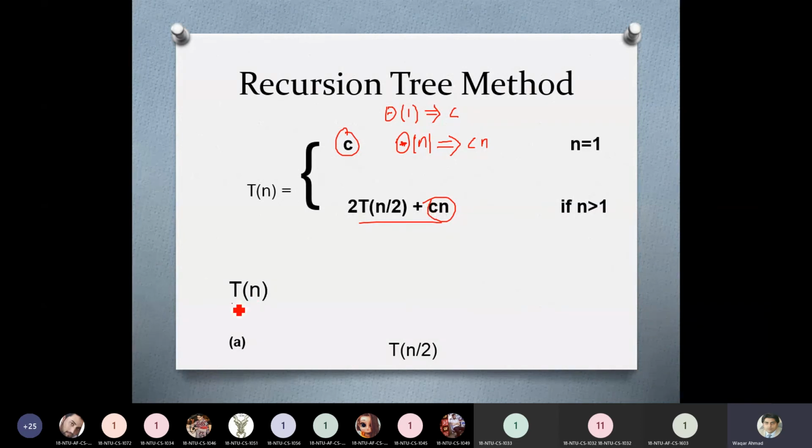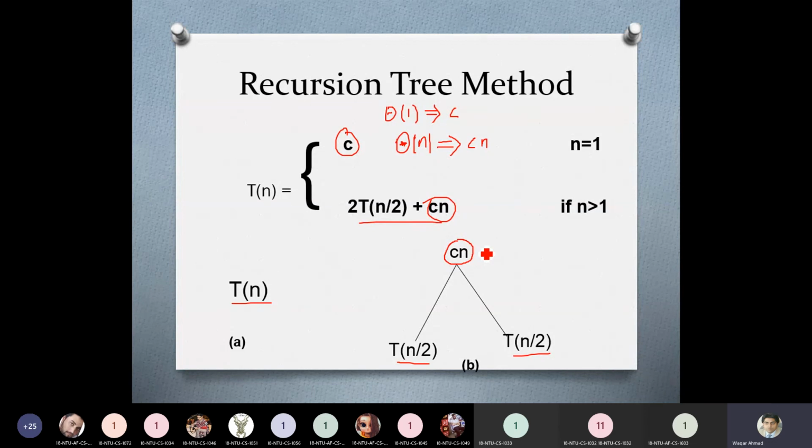At the first level of the tree, the function is called with input size n, and here the function calls itself with n over 2 elements and n over 2 elements. Now, you can observe that we have replaced T of n here with Cn. The reason is that if we call the merge activity with n elements, how much time will the merge activity take?